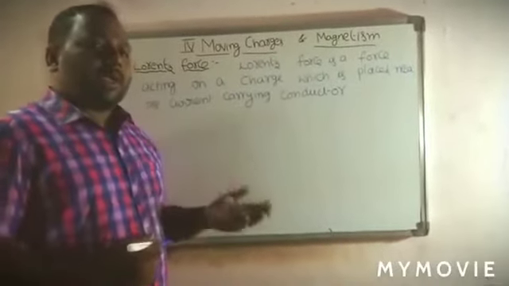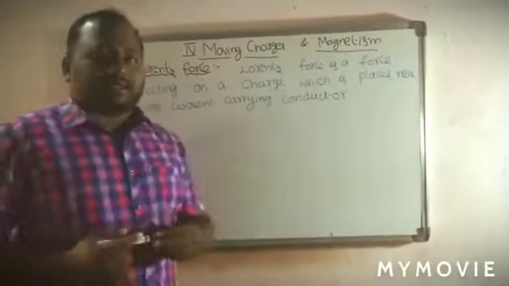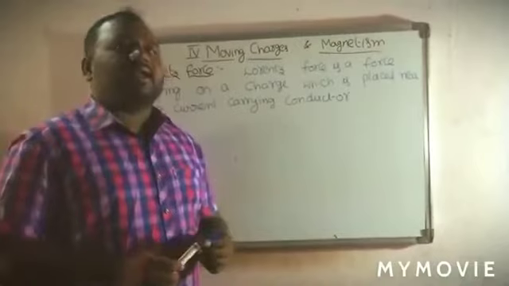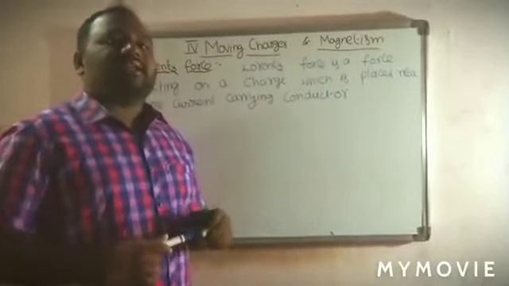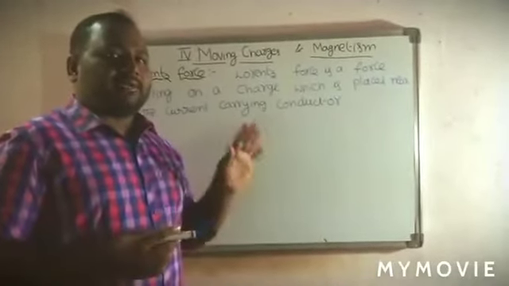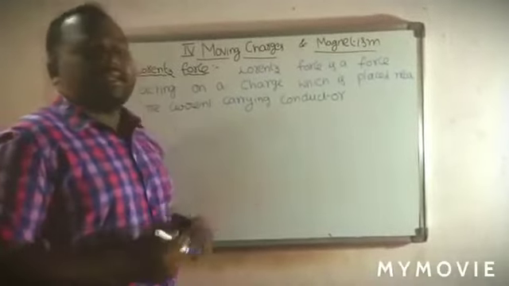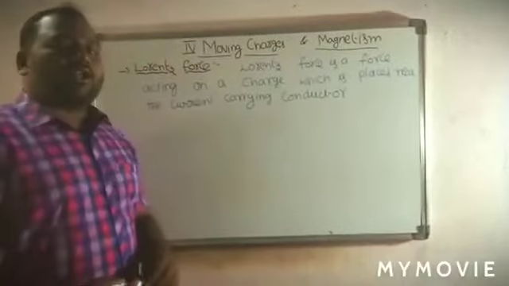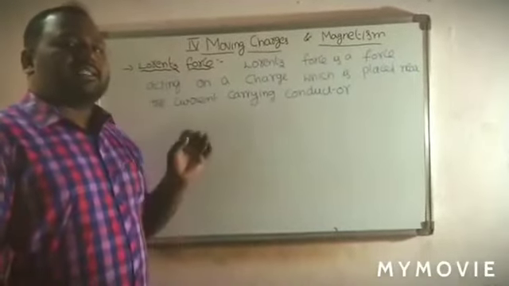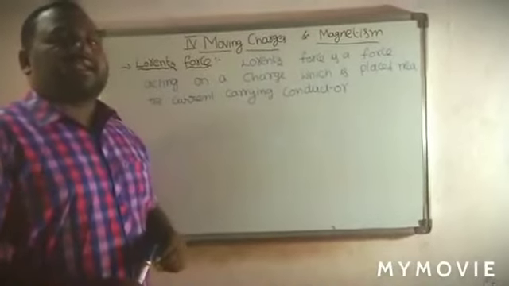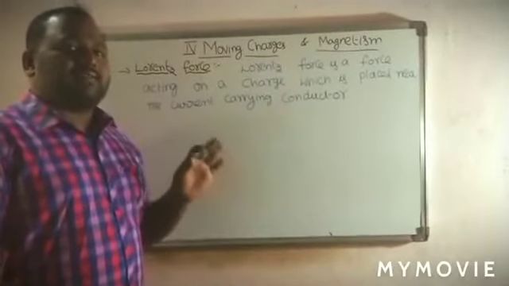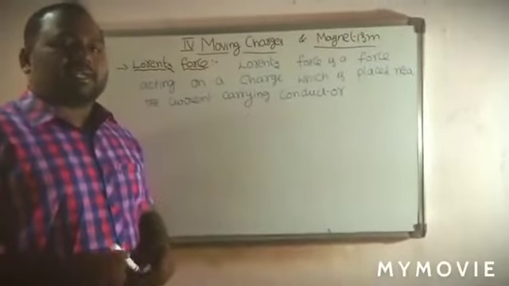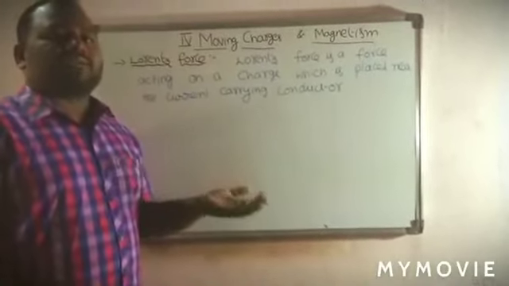After that, we found the SI unit of the magnetic field, which is Tesla, and we derived the dimensional formula for the magnetic field. That is the concept we studied in the last session. Now in this session we are going to discuss the Lorentz force equation, the force acting on a current carrying conductor when it is placed in a magnetic field, and the force acting on an arbitrary current carrying conductor placed in a magnetic field.